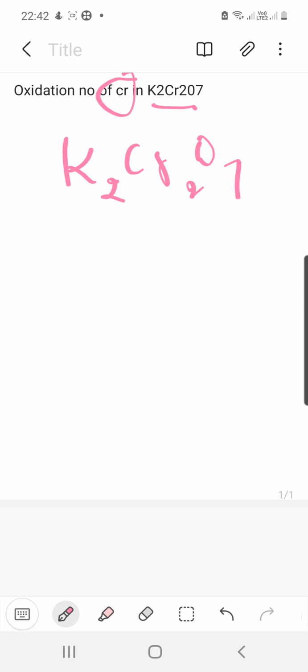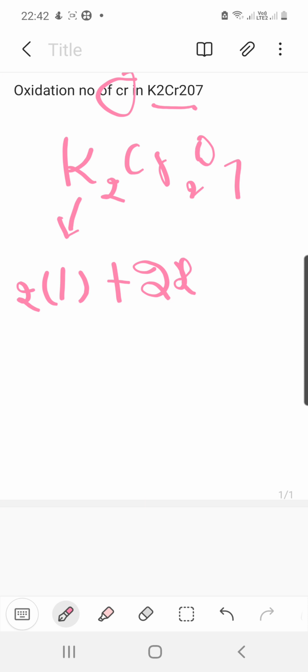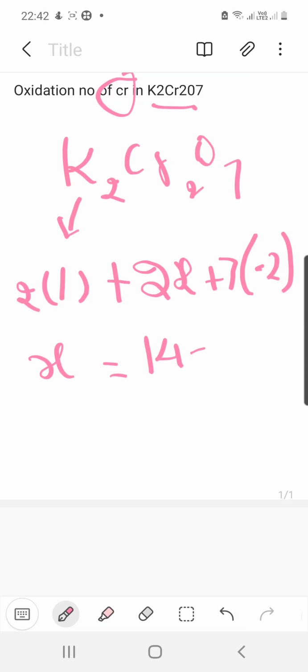K's oxidation number is 1, so 1 into 2 plus Cr, which we have to find out, and the oxidation number of oxygen is -2, so 7 into -2. So X equals 14 minus 2 by 2, which is